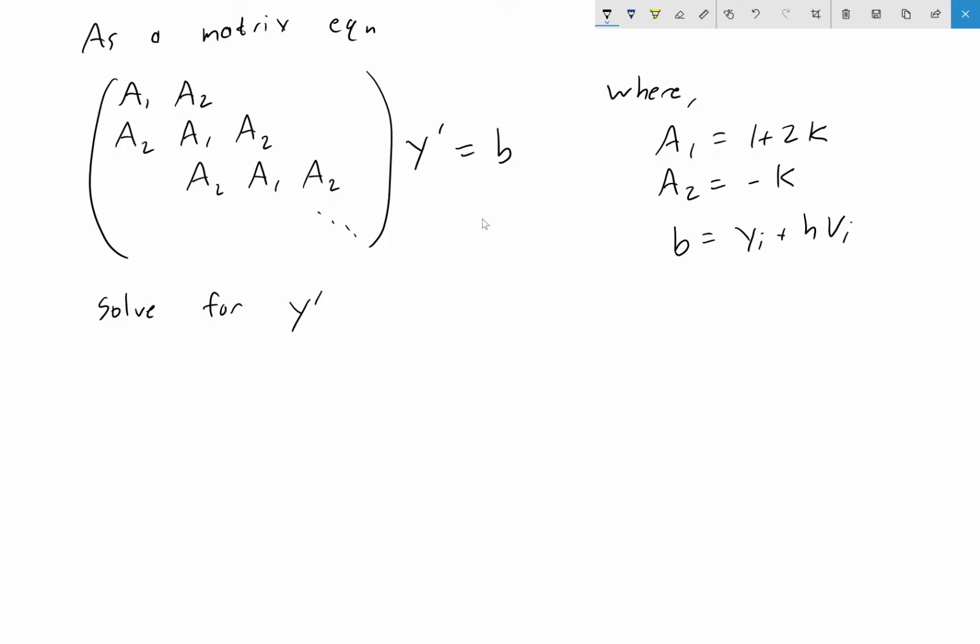Okay, so we're going to solve this for y prime, and again, y prime is like an array. So it's got a bunch of, each column here would represent an element of that array. And then once you've done that, we still need to finish our set of equations, so we can come back